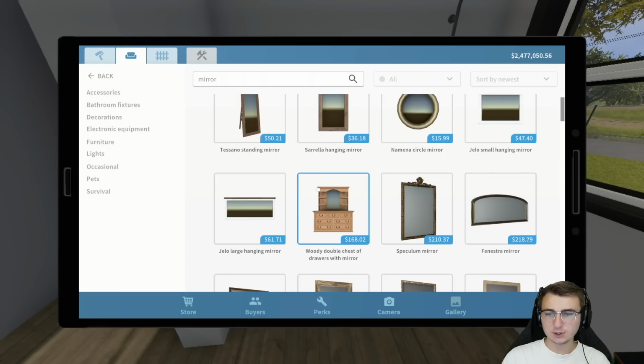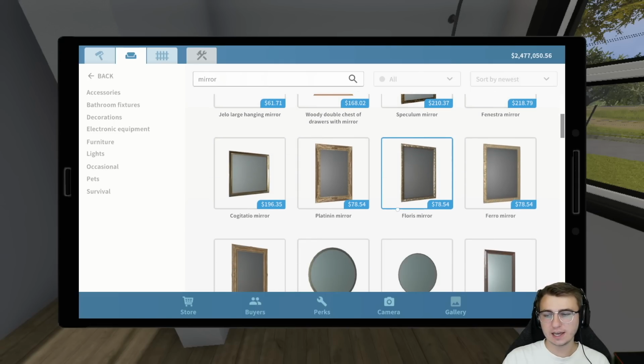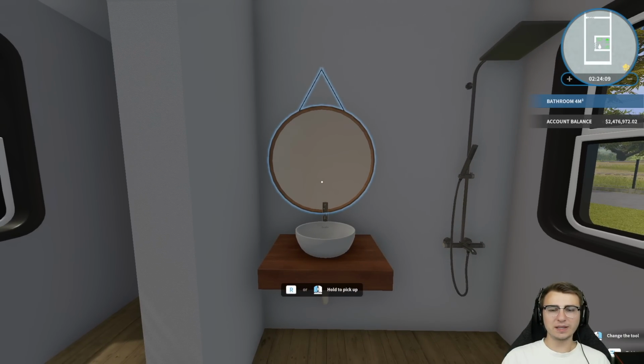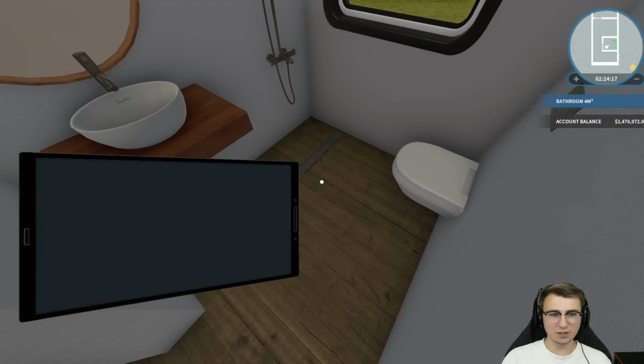I lied. We actually still need a mirror, and then we also have to change the floor in here to tile, since, you know, the entire room's going to be our shower. Water on hardwood floor is not a good combination. I also kind of forgot that not a single mirror really lines up well with this sink. So it's a little off center, but we're just going to have to look past it and continue on to